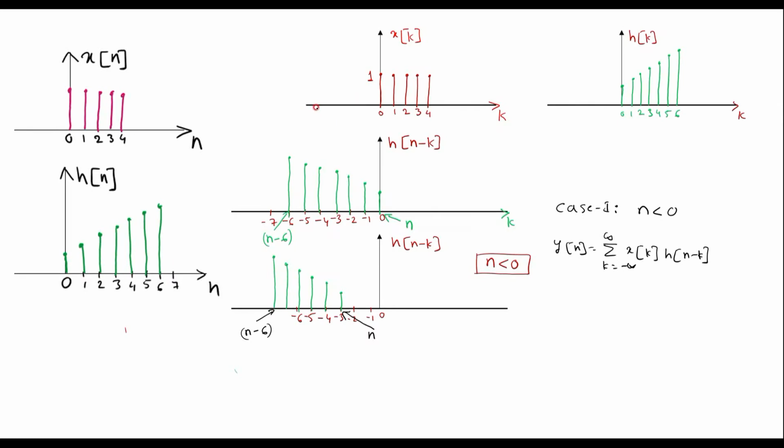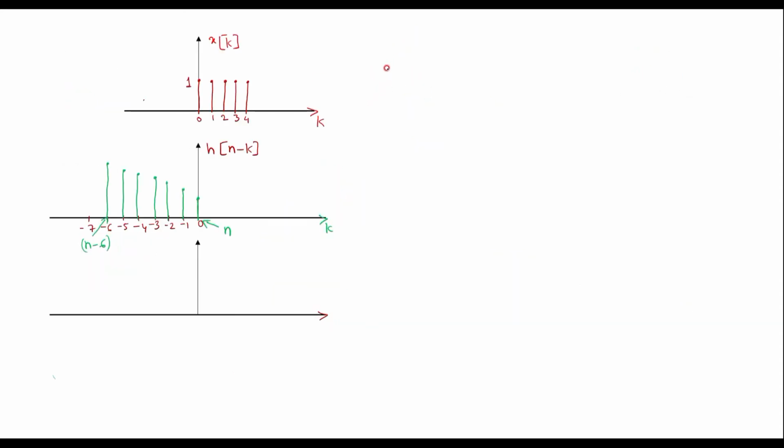There is no overlap between the nonzero portions of x of k and h of n minus k. Therefore, multiplying this 0 with these samples will be 0 itself. Therefore, y of n is equal to 0 for n less than 0. So now we'll consider case 2